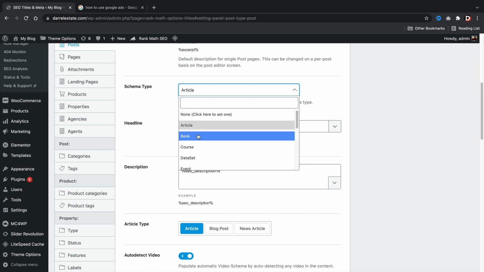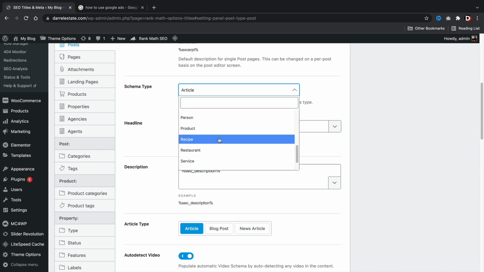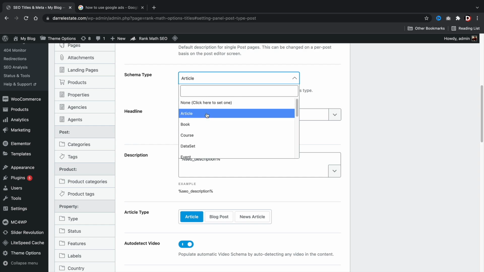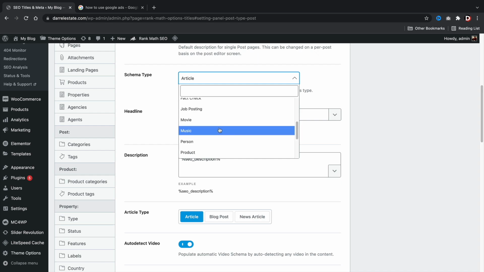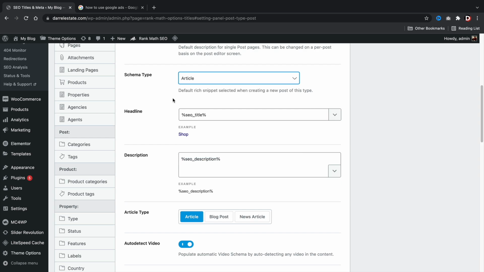However, if you are a book or one of these options that apply to you, you would want to go ahead and select that. But for blog posts in general, you want to select article. Just remember, if you are in one of these categories, you'd want to select a category that best fits your blog post. For example, if you are talking about a recipe or a restaurant or a specific service or a software application, you would want to add that for your schema type. So just remember to enter as much information as possible so you may get featured as a featured snippet in